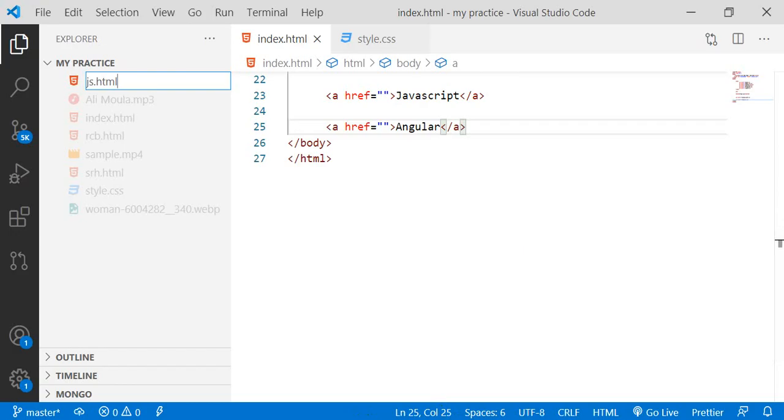Done. Similarly, I will create one more new file, ang.html. Here I'll change the title to Angular. Then I'll pass hello